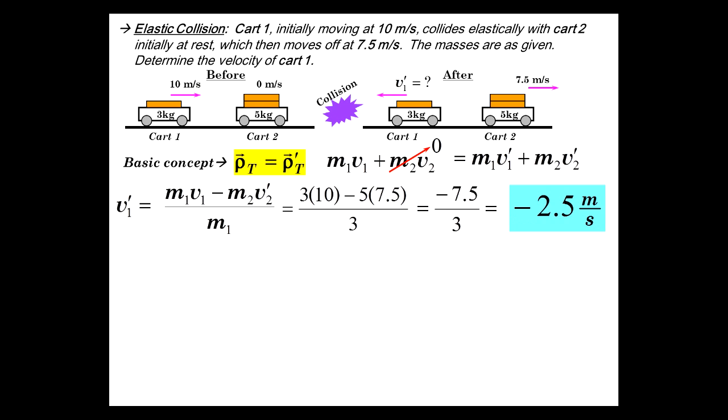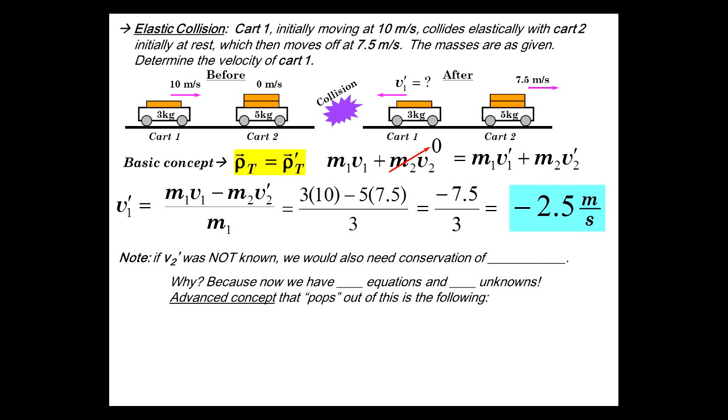So there's our answer. The negative shows up, and it in fact indicates the direction being opposite of our chosen positive direction. Now, this would be a little more complicated if this was not known. If we just had this collision, and we didn't know what this was, we could still figure it out. We just need another equation, though. We would need conservation of energy because we have 2 unknowns, v1 prime and v2 prime. We couldn't solve it with just this equation, but with